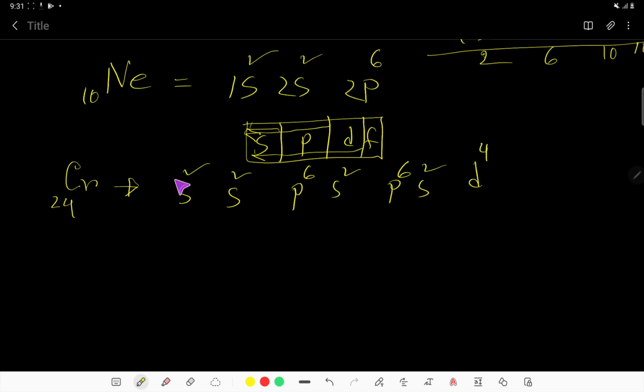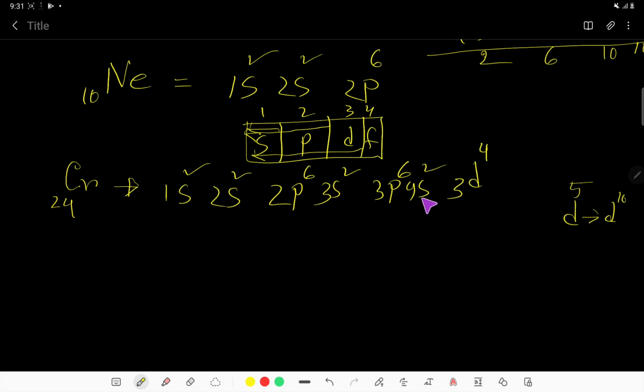So s starts from 1s, 2s, 3s, 4s, and p starts from 2p, 3p, right, and d starts from 3d. So this should be the electron configuration of chromium, but chromium has an exceptional electron configuration. You know that d can hold a maximum of 10. Half of d is equal to 5. Look here,